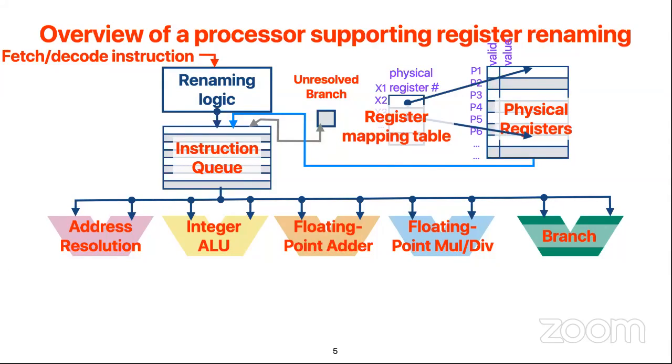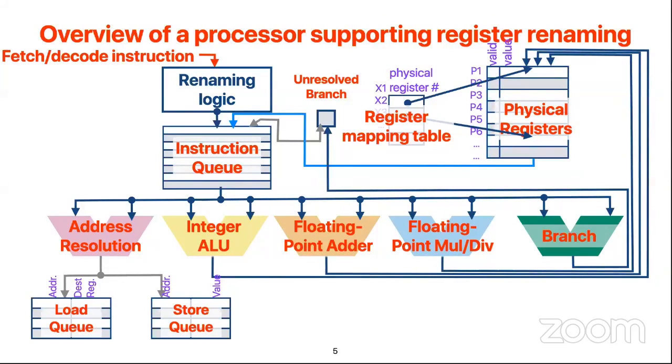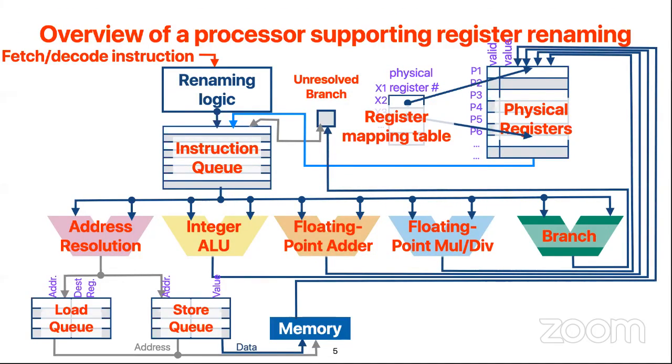If it's an integer instruction, it should use the ALU. If it's a floating point instruction, it will go to the floating point unit. If it's a branch, we will have a branch unit. If it's a memory instruction, it will first go to address resolution and the load store queue for memory accesses. Whenever your value is ready, you just update the physical register file, and the physical register will inform or trigger the execution of an instruction in the instruction queue again. So that's the basic idea of